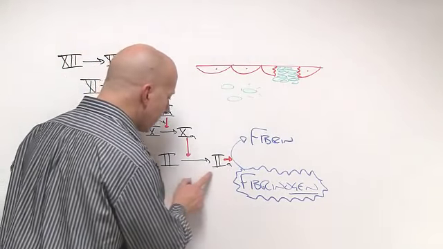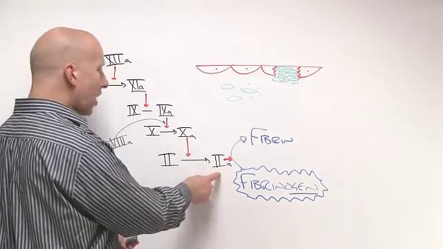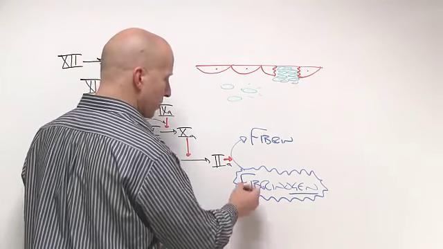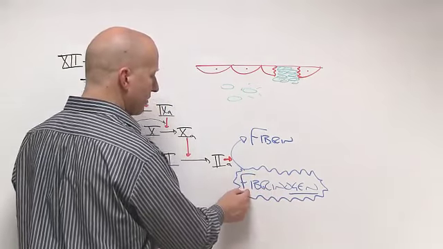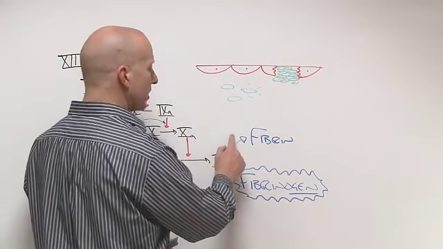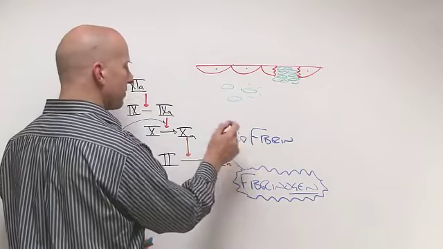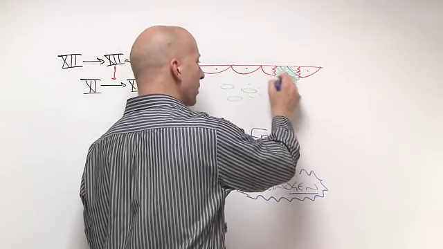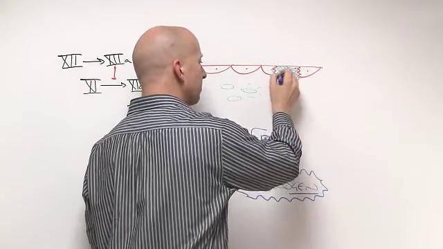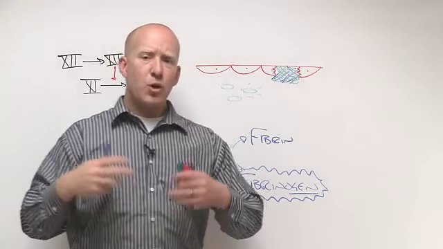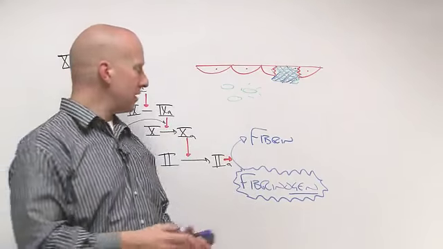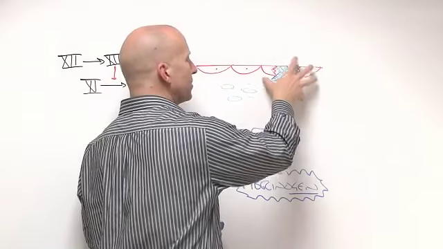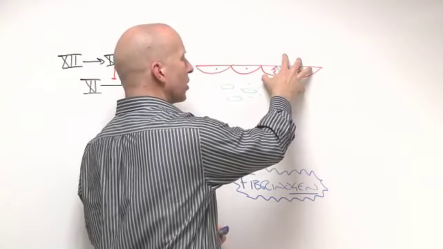prothrombin, becomes activated into thrombin, and thrombin, as an active protein now, activates fibrinogen, which was a soluble, inactive protein found in the plasma, and turns it into the active, insoluble form called fibrin. And what fibrin does now is it forms this mesh network over this primary platelet plug to create what's called a secondary platelet plug. That insoluble fibrin protein sort of stitches this area up, forms this mesh network, so now these platelets aren't going anywhere,